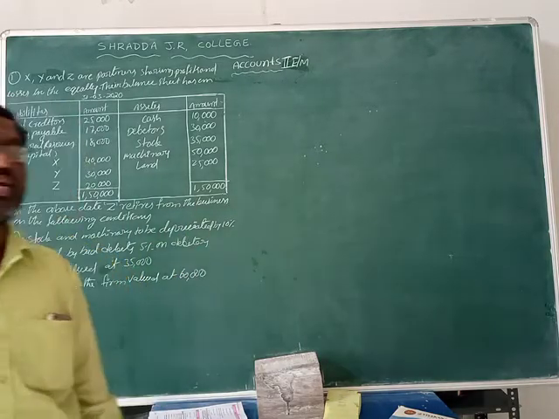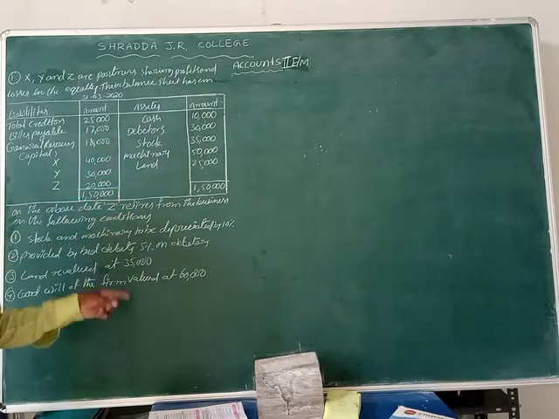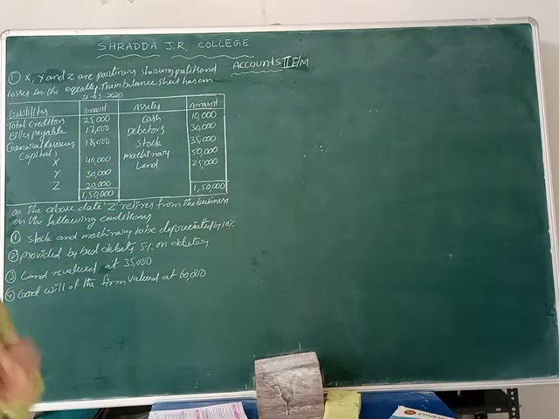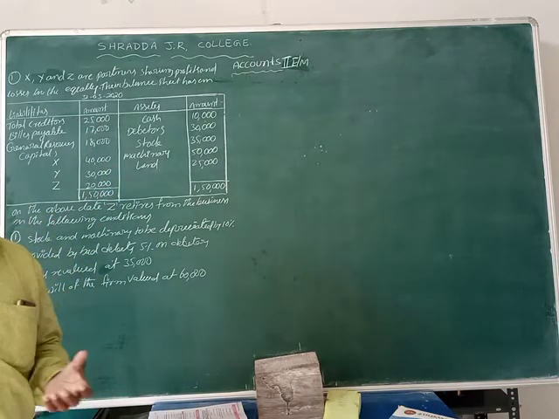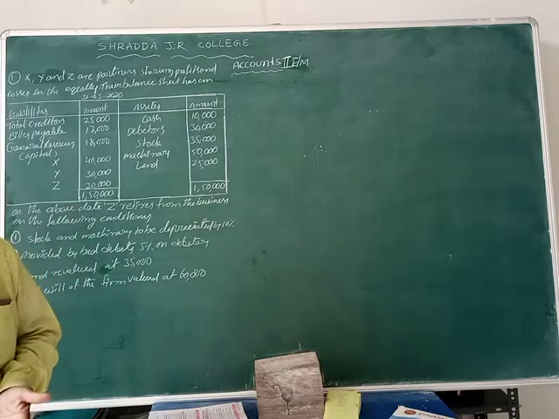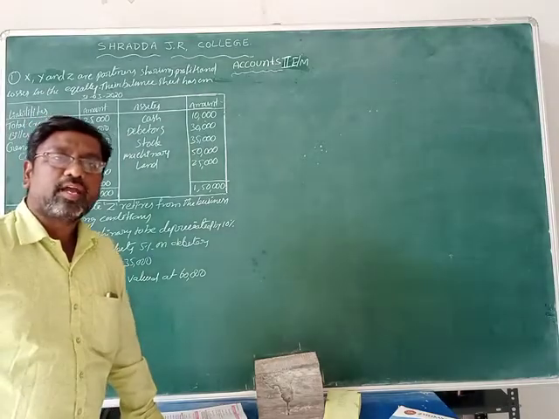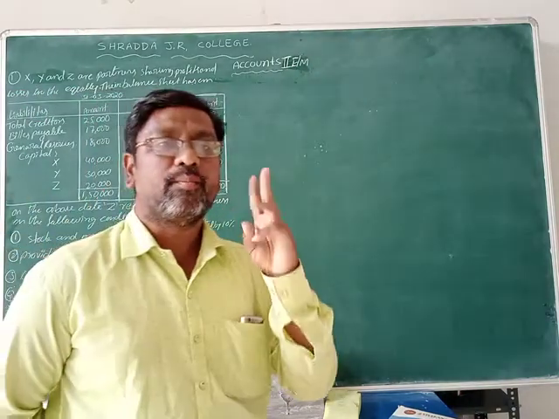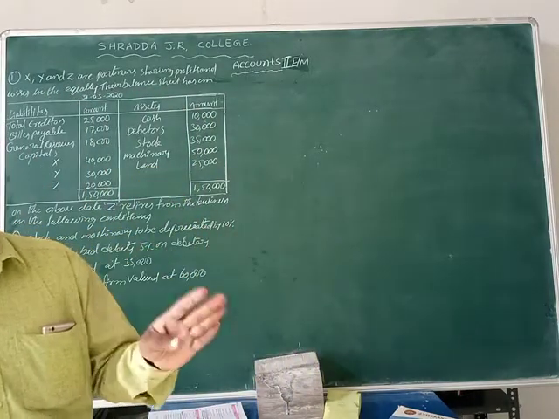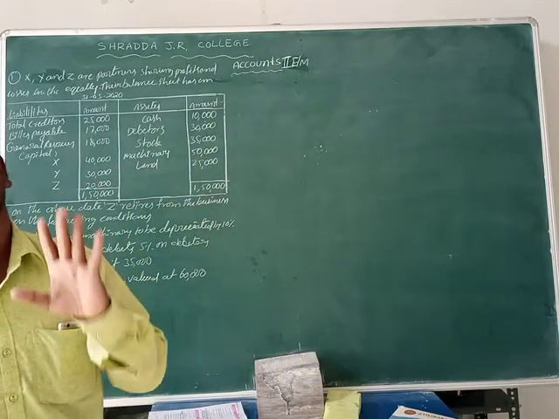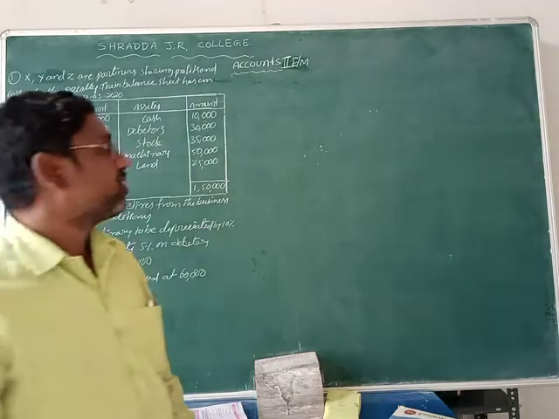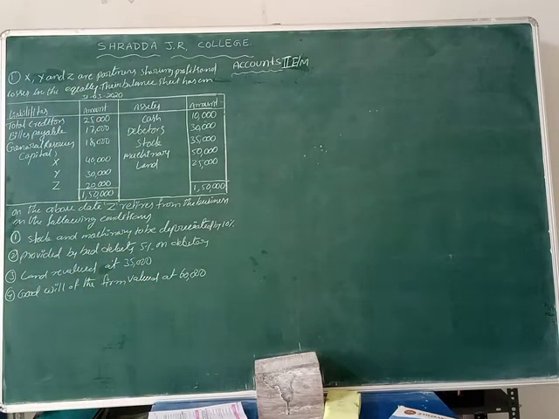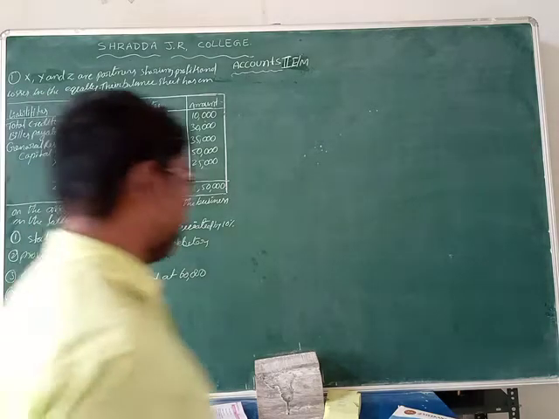In admission we can prepare a cash or bank account, but in retirement we cannot prepare a cash and bank account. Why? Because in retirement, cash does not come into the business and cash does not go out of the business. That's why we do not prepare the cash or bank account. We prepare only the revaluation account, goodwill account, partners' capital account, partner loan account and balance sheet. These five accounts we prepare. Now first of all we start the revaluation account, students.